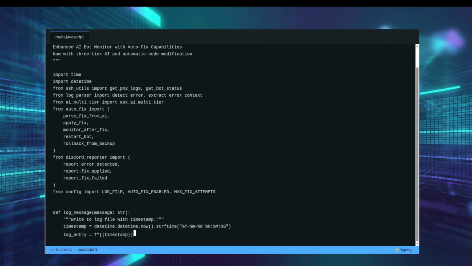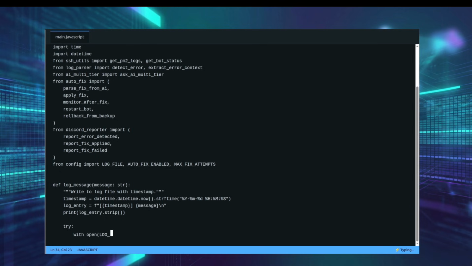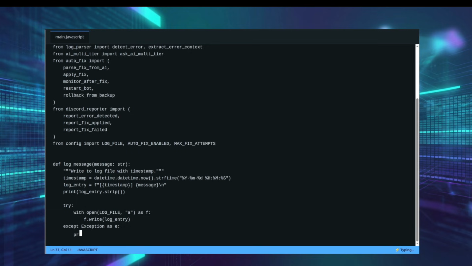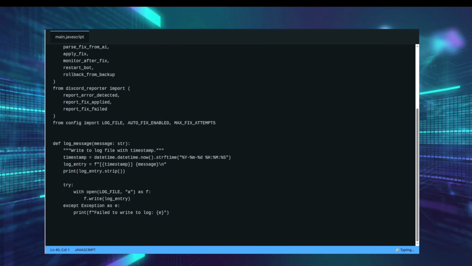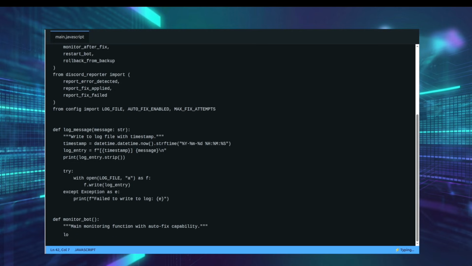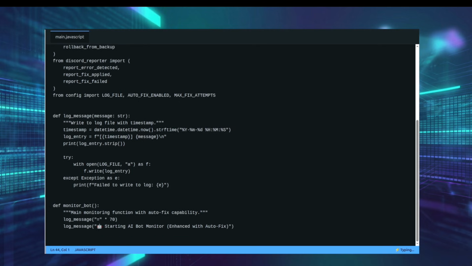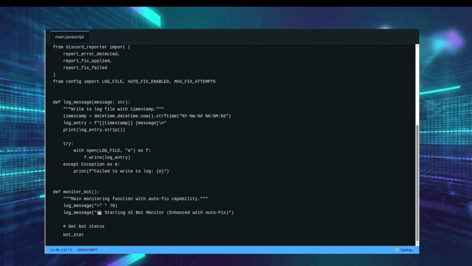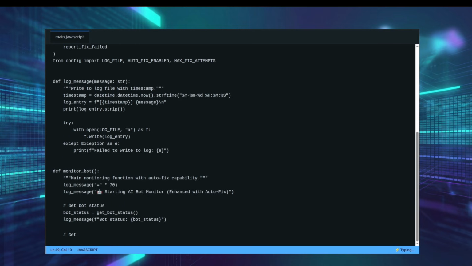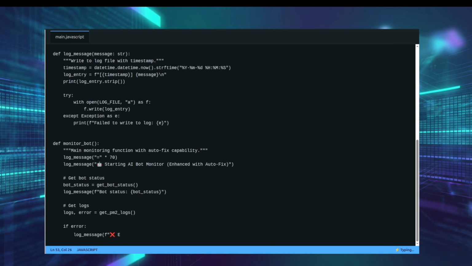So while I am typing this up, let me explain the new workflow. Now with our new monitoring system, it detects errors, which it was already doing, but now it's going to send it to the 3-tier AI system and parse the AI's fix suggestions and back up the original files. After doing so, it applies the fix automatically and restarts the bot. It monitors for 5 minutes, rolls back if anything is unstable, and whatever the outcome might be, it reports everything